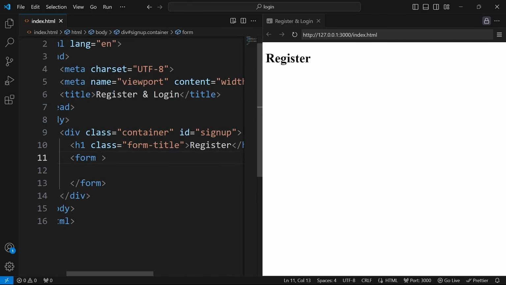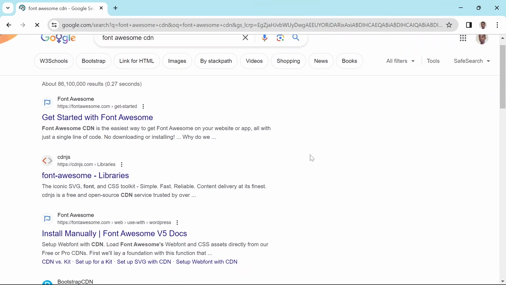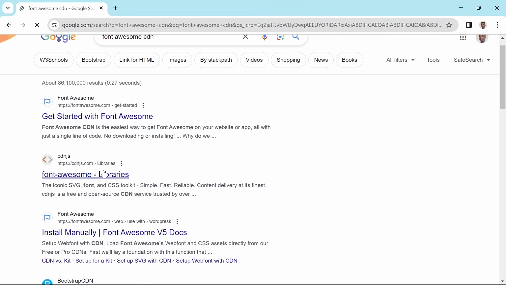Let's create a form with method post. For action, we are going to leave it empty for now. For each input option, we will group the icon, label, and input field together and wrap them using a div with class input group. I will be using Font Awesome icons for this, so I will open my browser and search